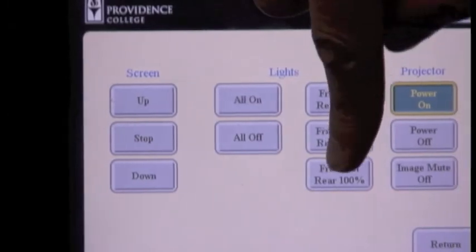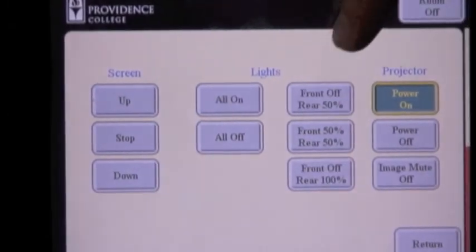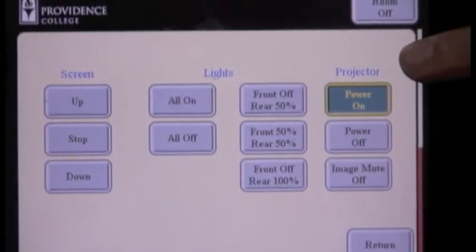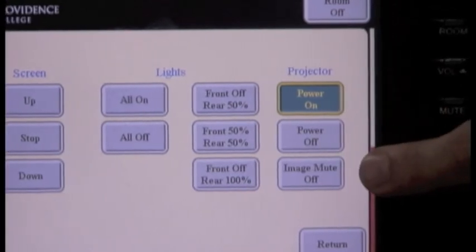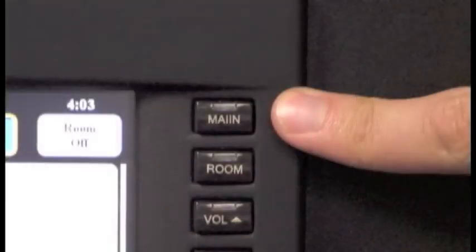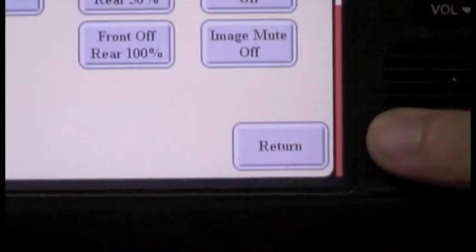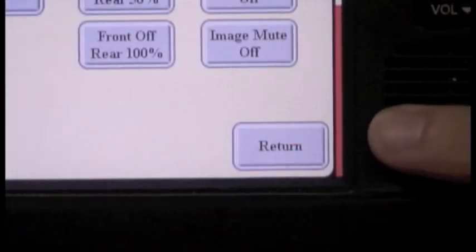power on and off the projector, and image mute, which will blank or black the projected image so that nothing is displayed on the projector screen. There are 2 ways to leave the room control screen. You can press the button labeled Main or the Return button on the touchscreen, which will take you back to